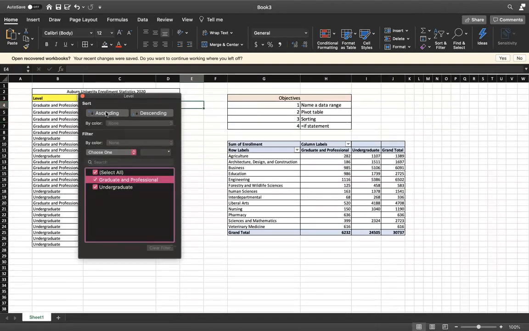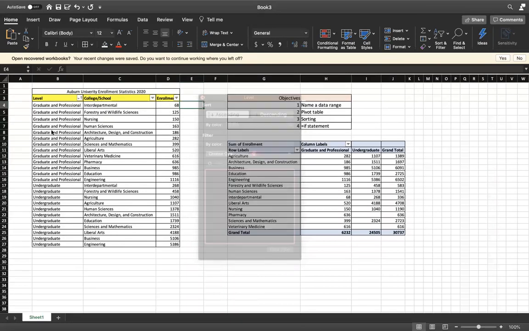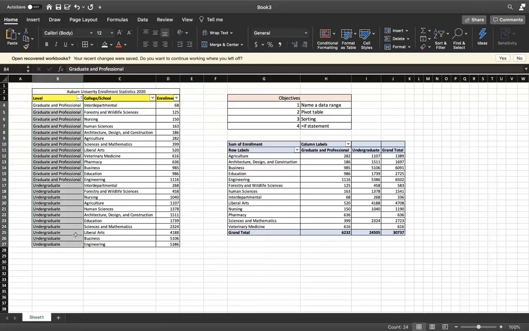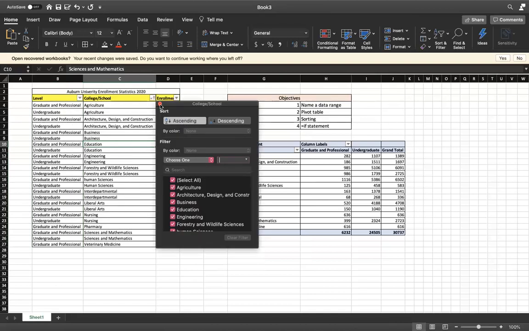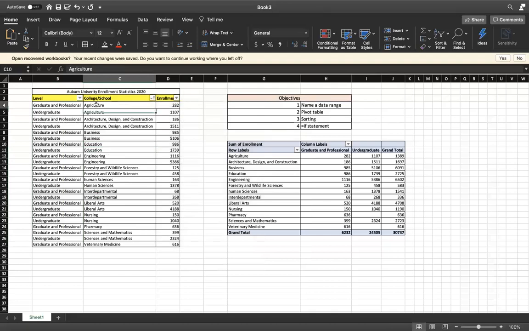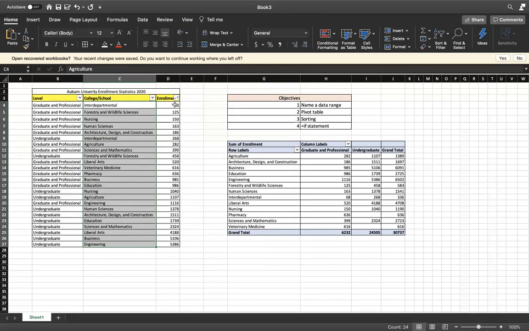Or I can select it and do ascending to descending, and that will sort it based on alphabetical order. So graduate being first and undergraduate being second, and I can do the same thing for each of these. So that sorts it based on A to Z based on college and school, and I can do the same for my enrollment. Okay, and now if you just want to unapply your filters, all you have to do is click clear or unclick the filter button, and that just gets rid of your filter.